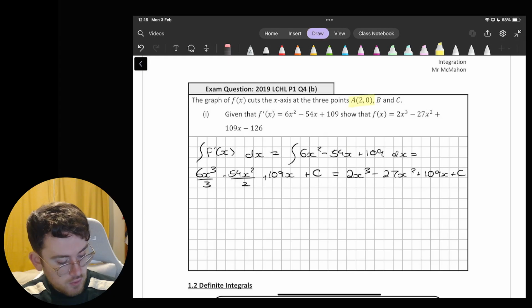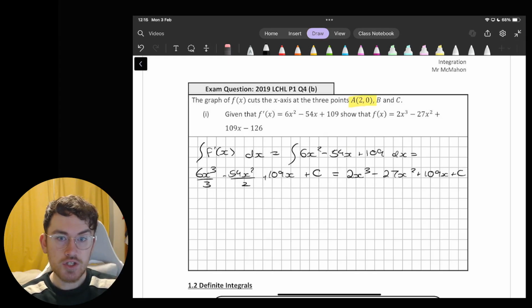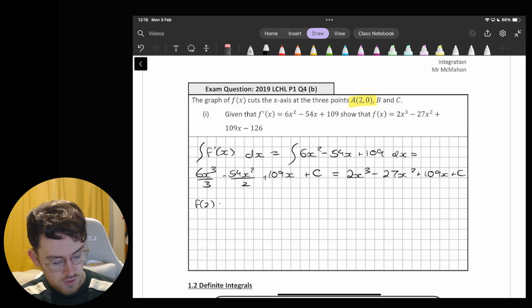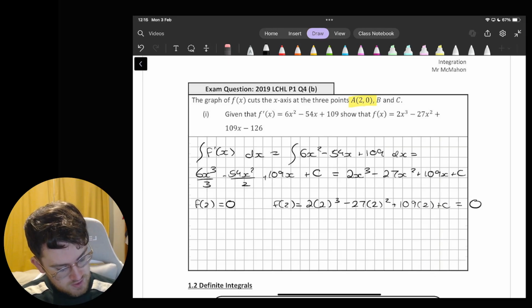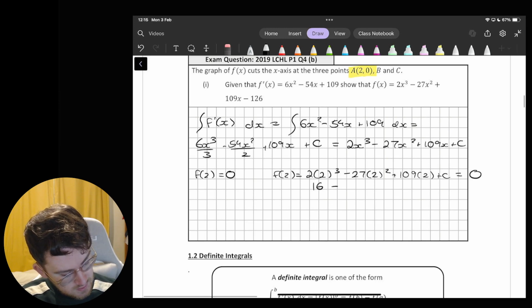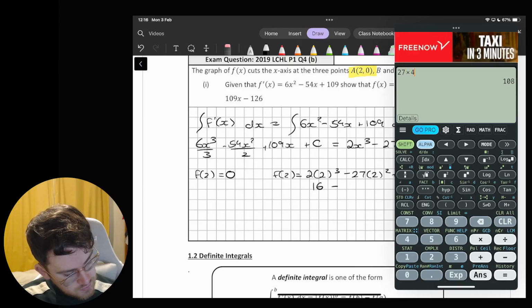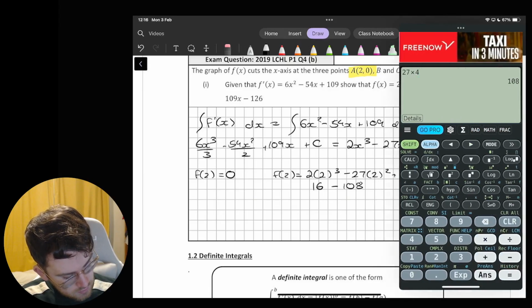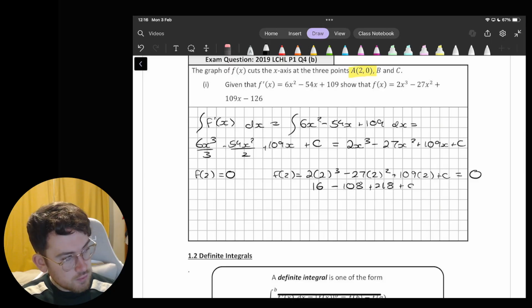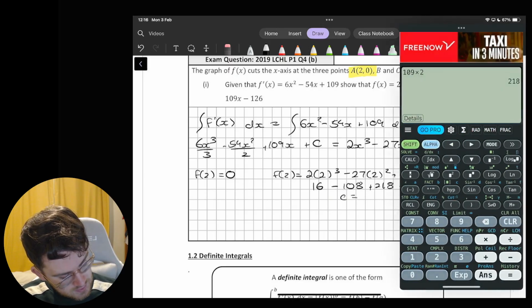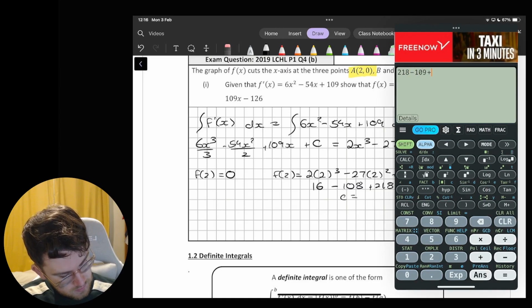We know that the point A, (2, 0), is on the function, so we can use that to our advantage. So f of 2 should be 0. And f of 2 is 2 times 2 cubed minus 27 times 2 squared plus 109 times 2 plus c, and it should be 0. So let's see, that's going to give me 16. 27 times 4 is 108. And then 109 times 2 is 218 plus c. So c is 218 minus 108 plus 16,